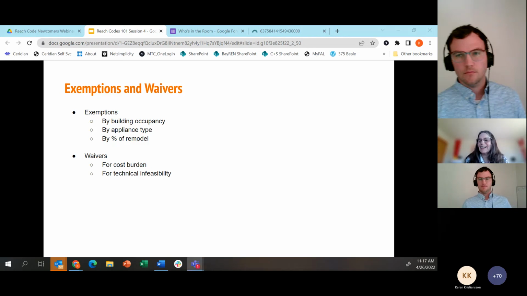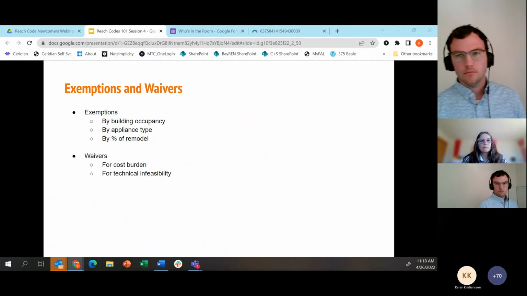I appreciate that. The one thing I will just add is that by far the most common exemption I have seen in California as well as outside of California local government adoptions is related to projects that are doing, for example, an attached ADU or some sort of percent of remodel where they're really not even touching the systems we're talking about.